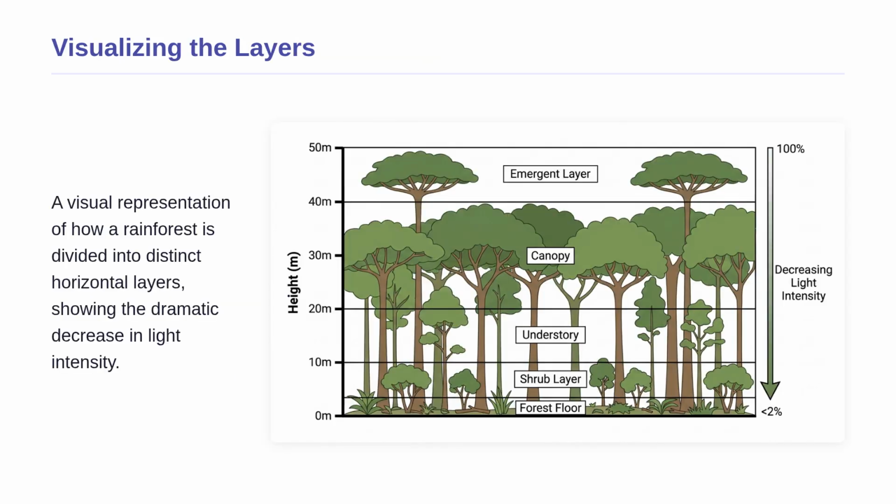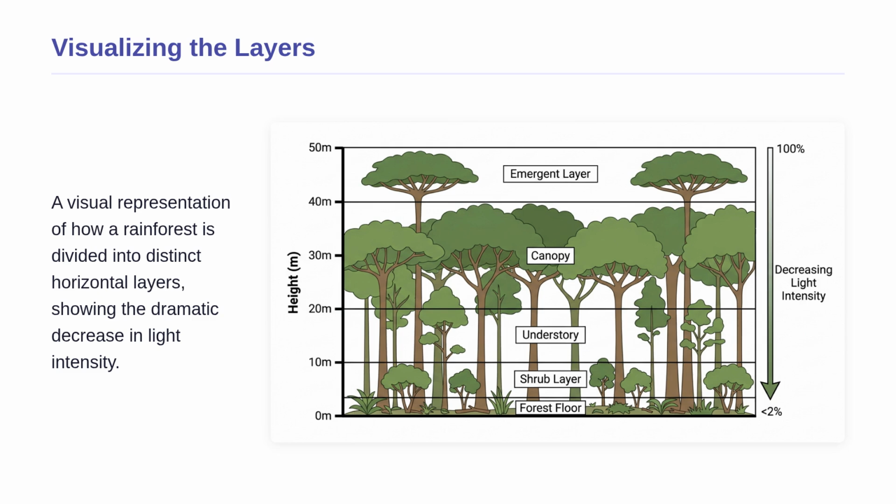Now that we have calculated how light behaves, let us look at a visual representation of these layers. On the left side of this diagram, you can see the height axis, ranging from 0 to 50 meters. Notice how the vegetation is distinctly tiered. At the very top, the emergent layer breaks past 40 meters. Below that is the dense canopy, followed by the understory, the shrub layer, and finally the forest floor at 0